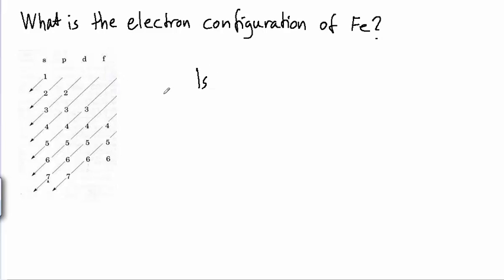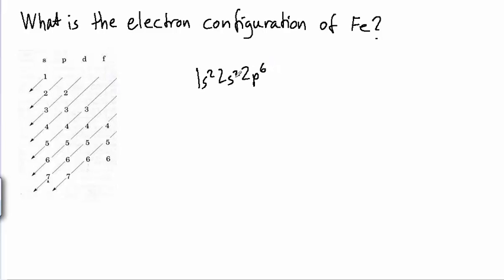In the s orbitals you can place 2 electrons. Now when we follow the arrow we come to the end here, and then we start the next one and go on. Then we have the 2s orbital, which can contain 2 electrons. And then we continue and we come here to the 2p, which can contain 6 electrons. So now I have a total of 10 electrons.